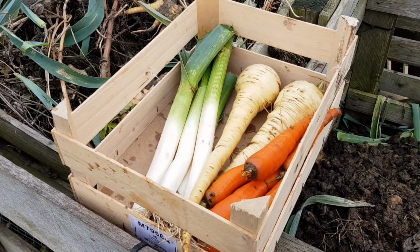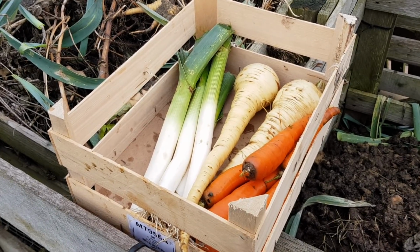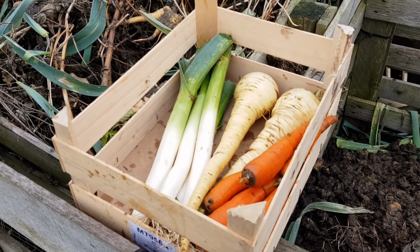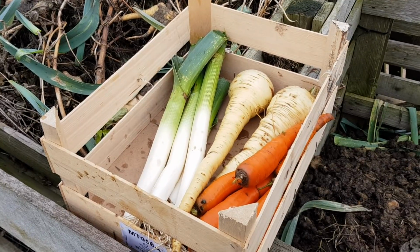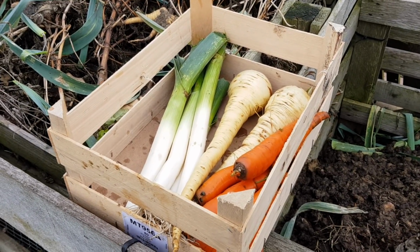I've not put an update on for about the last 2 months, mainly due to the weather and also because I had a really bad cold, mild flu for about 3 weeks before Christmas. But we've used the time that we've had to wheelbarrow manure onto the allotment, and as you can see we're